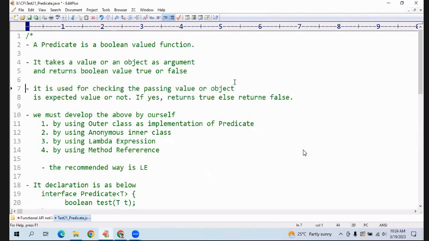Predicate by default will not confirm whether the given value is correct or not. We have to develop the logic for the predicate. We must develop the Boolean logic. Checking is called what? Boolean logic. We must develop the Boolean logic for the predicate ourselves